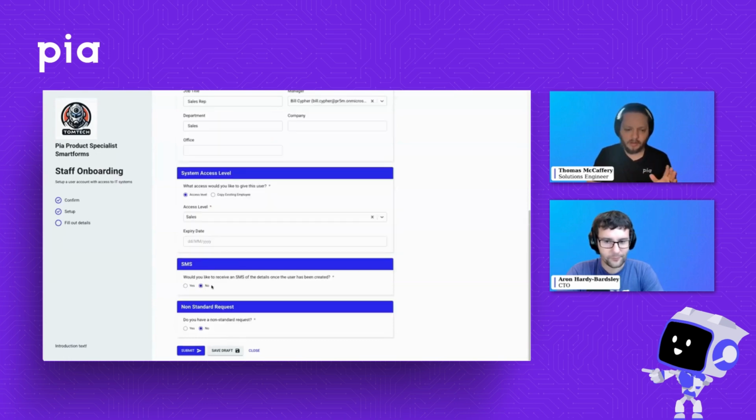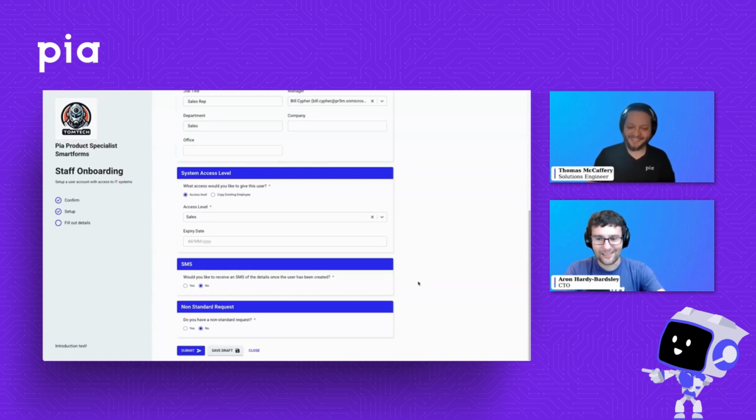Now, just a quick question for you, Aaron, as I get down to the bottom here. Of course, this is a pretty fantastic form. I'm a little biased, but I love it. There are a few fields missing for me as an MSP, though, that I would need to know in order to create a user onboarding request. Now, we obviously said earlier that one of these problems we're trying to solve is not having to go back for information. So what happens here? Can I add fields? Can I customize this? What's the deal?